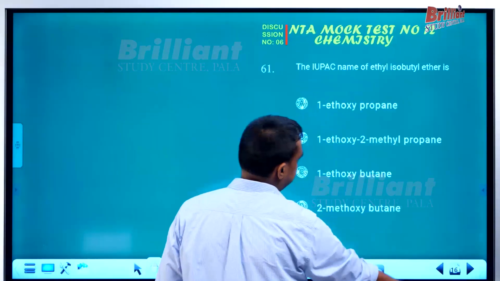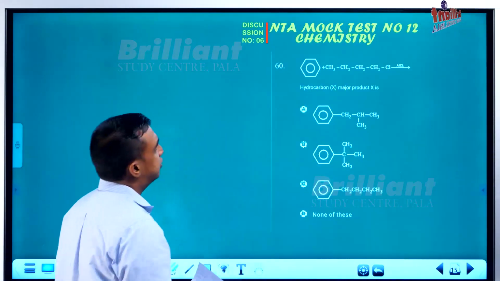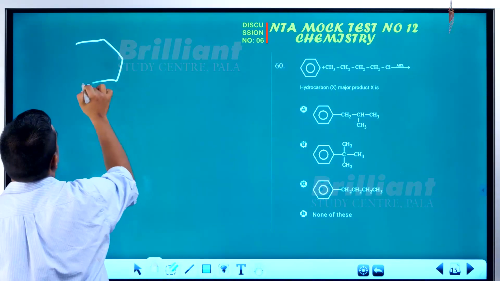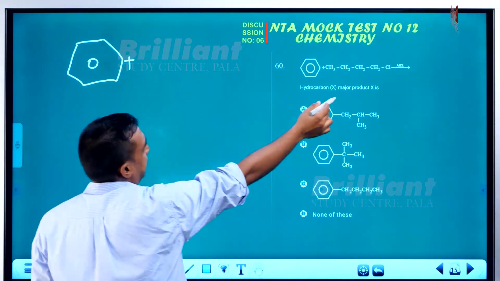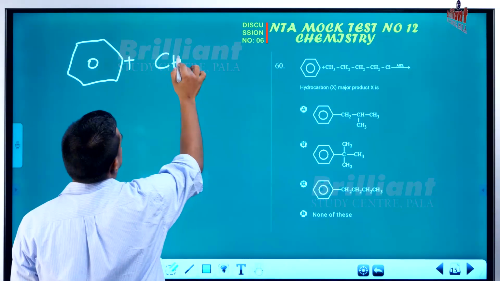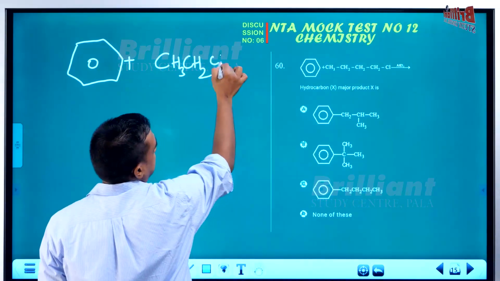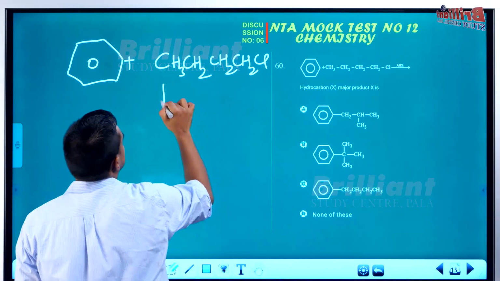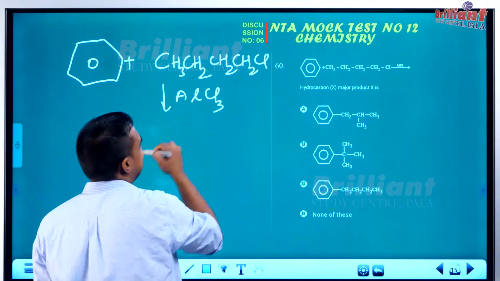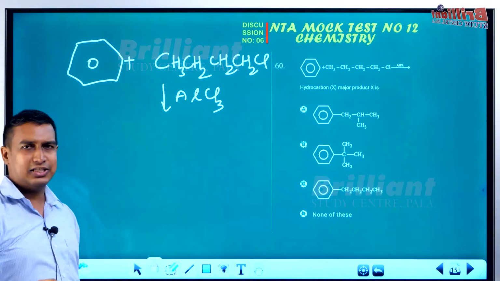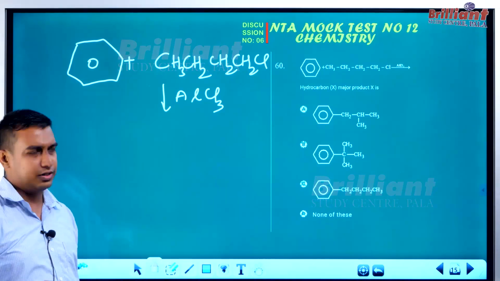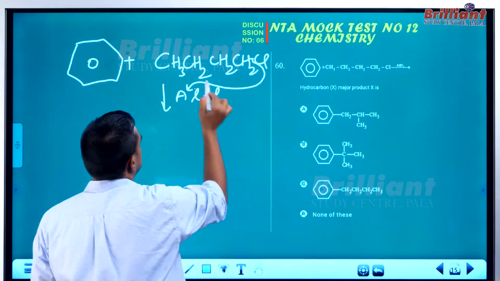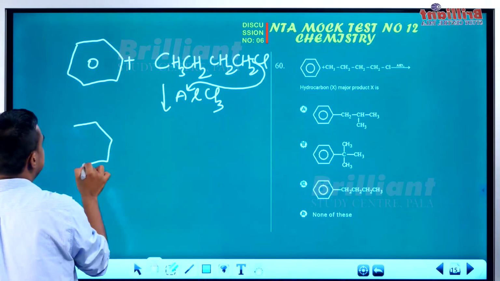Coming to the next question. Question number 60. Here, in the reaction, I have a benzene ring and CH3, CH2, CH2, CH2, Cl along with AlCl3. I know that AlCl3 is a Lewis acid, and this reaction corresponds to Friedel-Crafts alkylation. What will happen? This AlCl3 will pluck the Cl minus out. If it plucks it out, what I get is